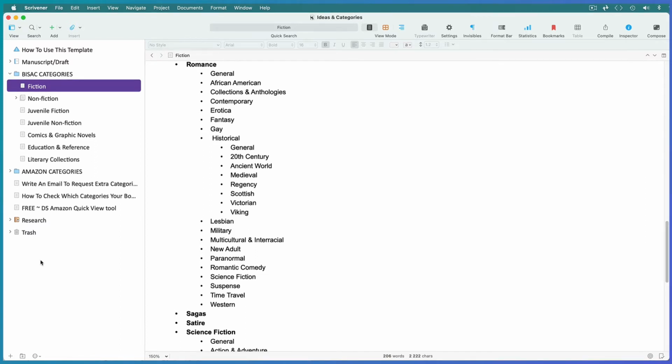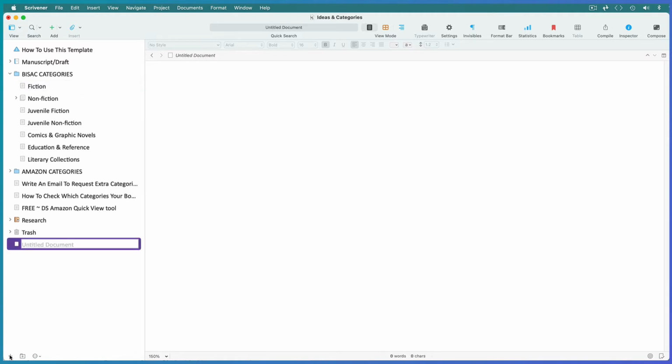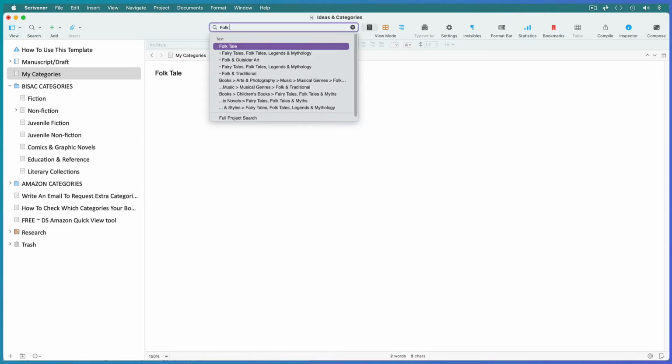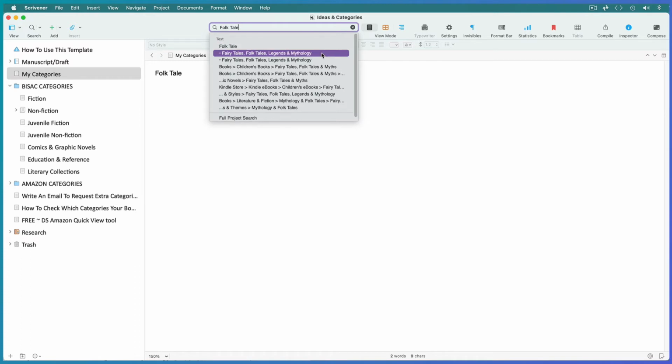If you've already written a book, you can search for a category using Scrivener's search functions. First, create a file called My Categories and drag it above the template categories. Say I've written an African folk tale. I want this document to be included in any search I make for folk tale, so I'll type folk tale into the editor. When I type folk tale into the search box, I can see the first 2 results have bullet points before them